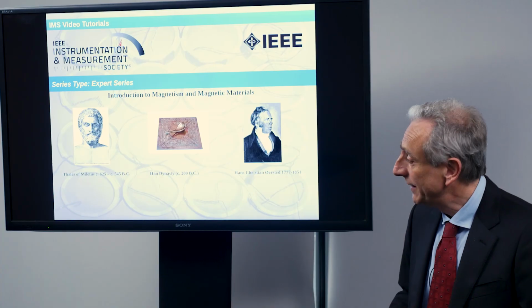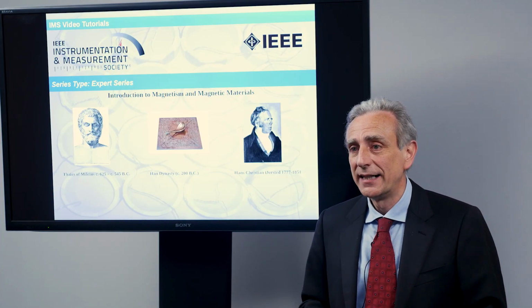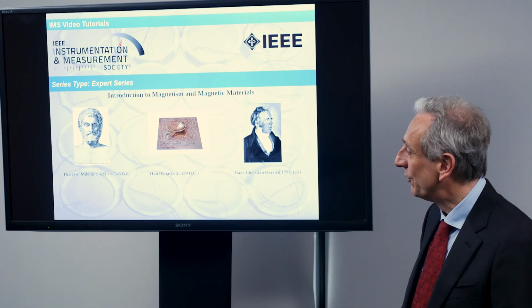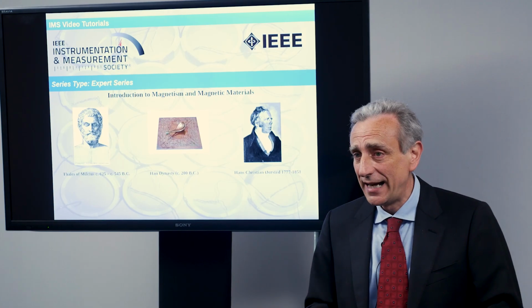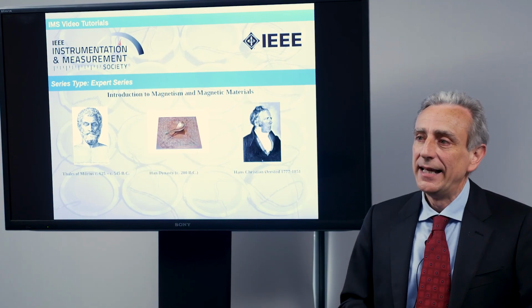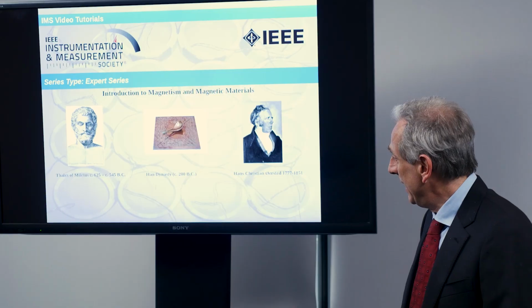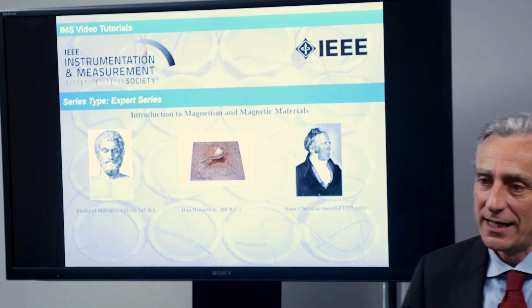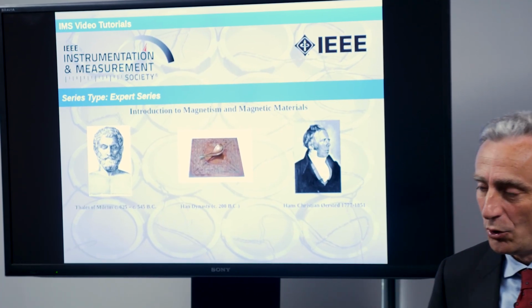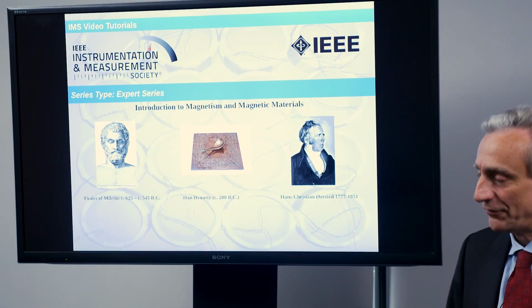Well, the historians still debate on when and where magnetism and magnetic effects were discovered for the first time. Possibly Thales of Miletus, 6th century before Christ. In the 2nd century before Christ, according to the Chinese literature, we have indication of a compass spoon, but it is with the experiment of Ørsted that we have a relationship between moving charge and magnetic field.